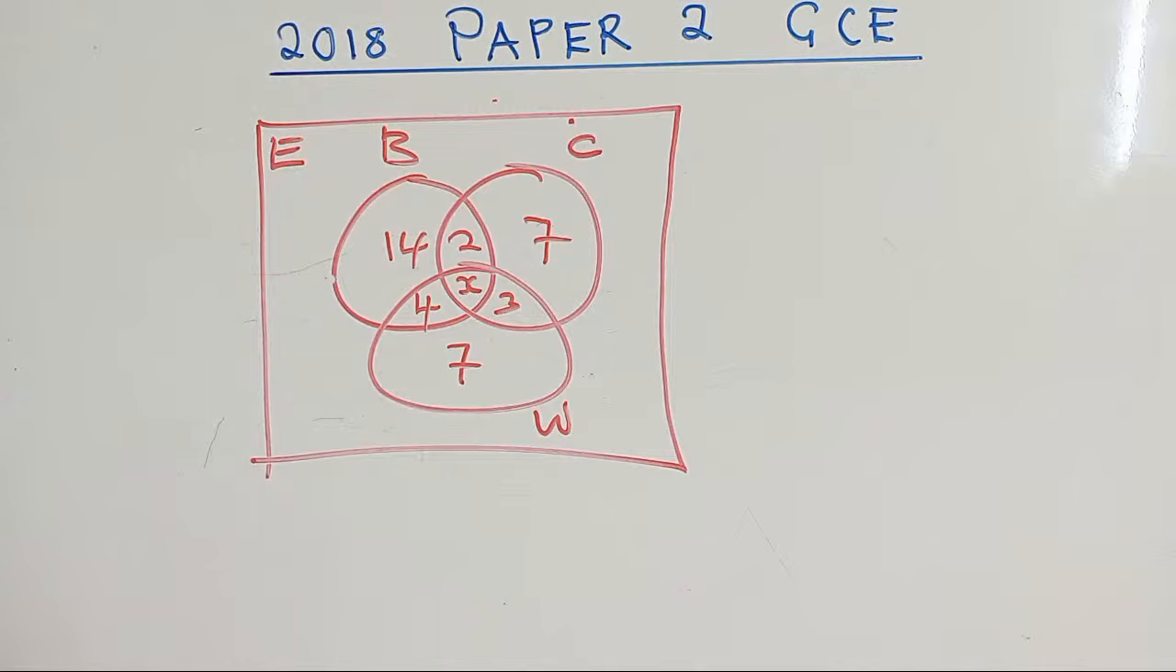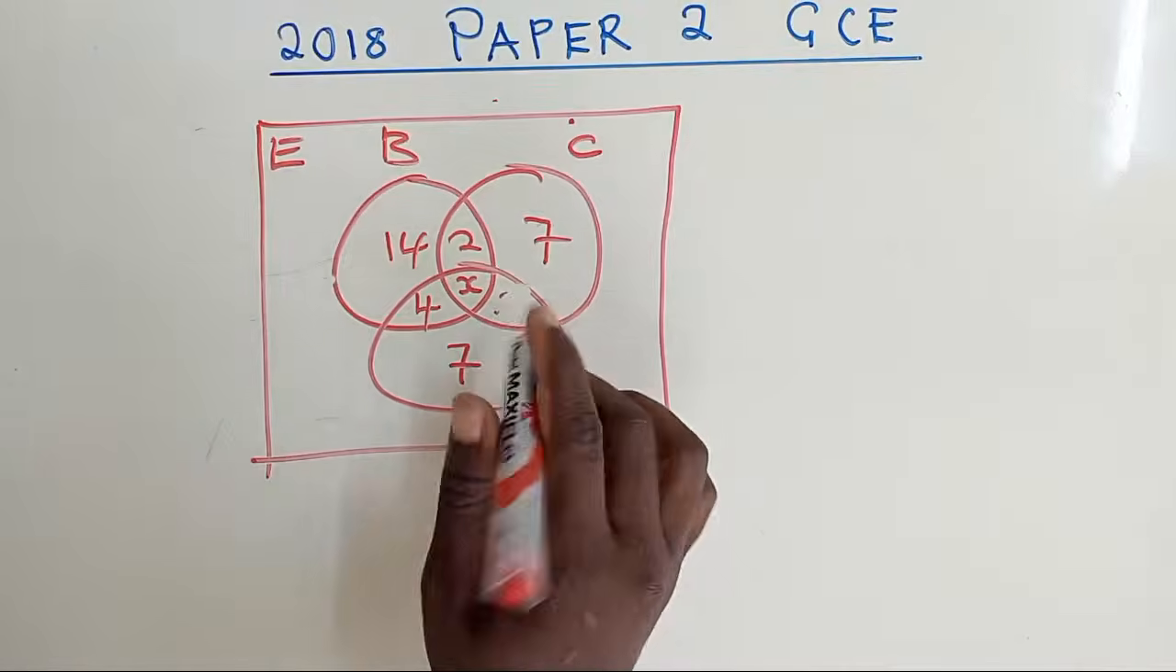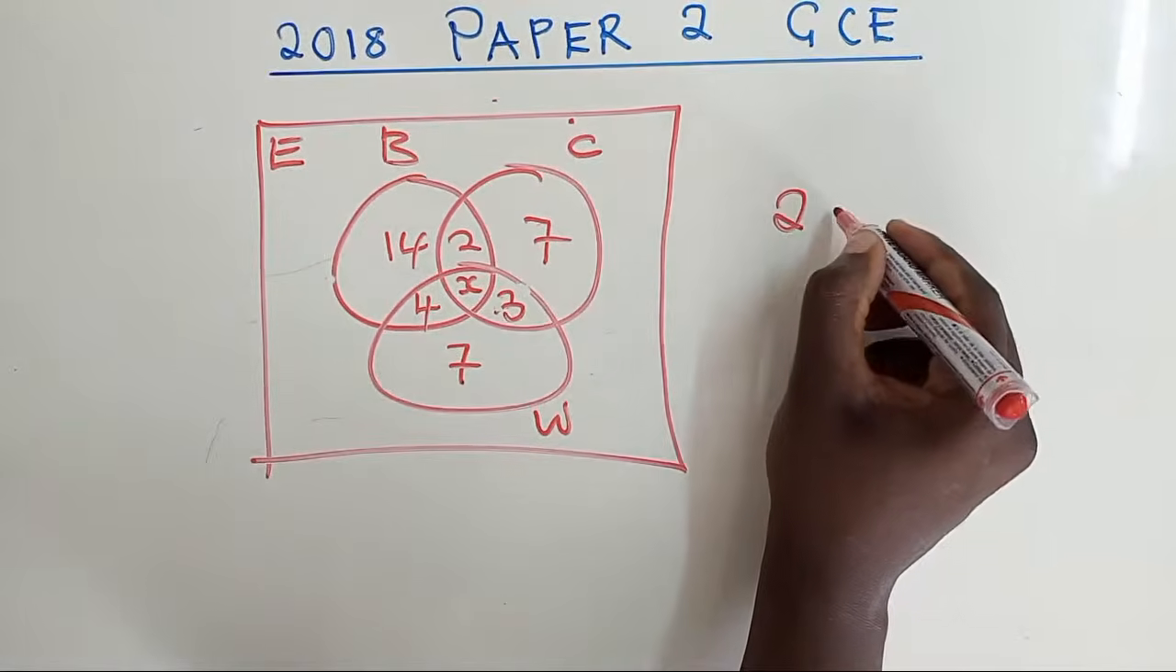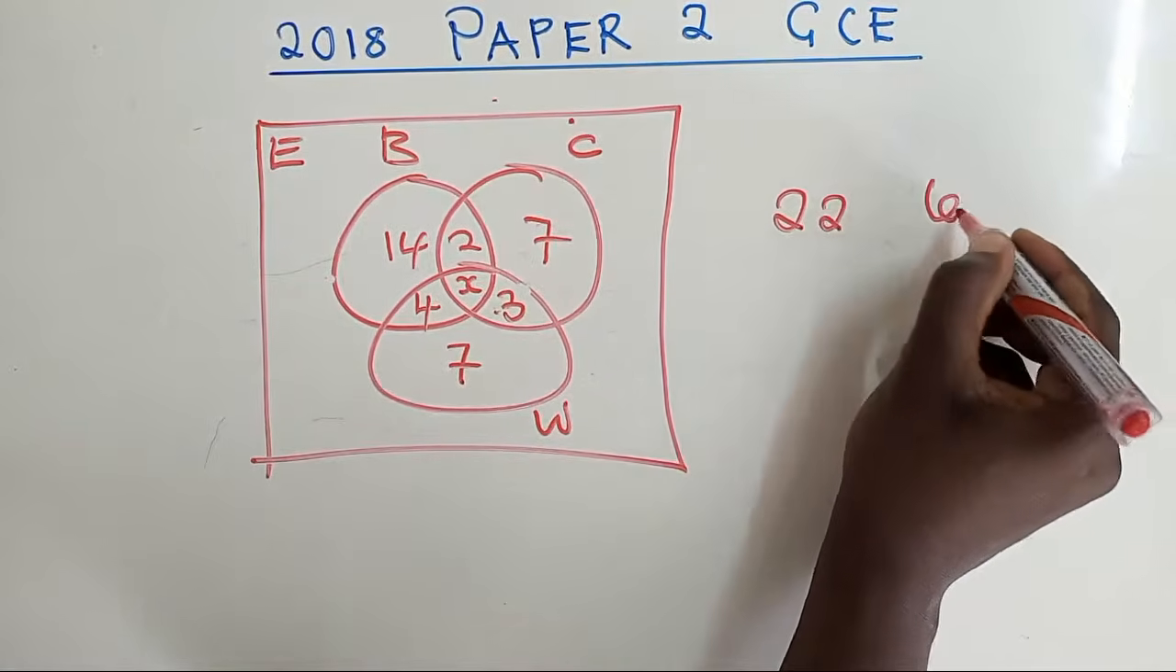And then the first question here says, if 22 learners walk to school, find the value of X. If 22 learners